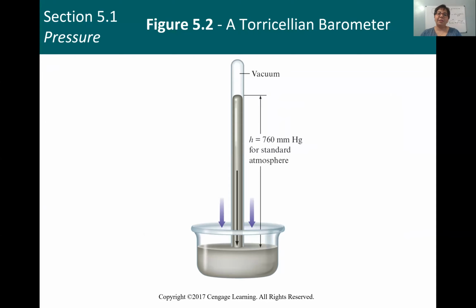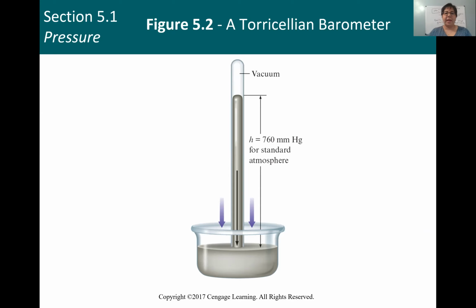taking a long test tube, basically a really long test tube, and filling it completely with liquid mercury, and then turning that liquid test tube upside down and allowing the mercury to flow into a glass dish, so that any mercury that leaves that upside down test tube is going to leave behind not a pocket of air, but a vacuum. And the story goes, or the legend, is that Evangelista Torricelli took this device with him